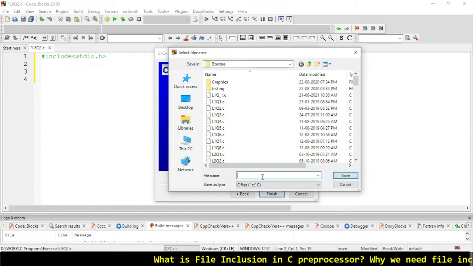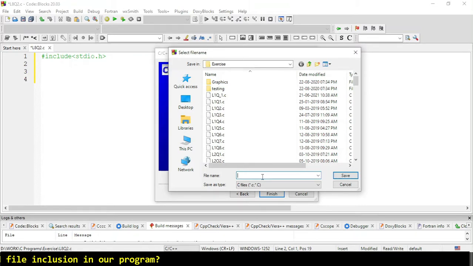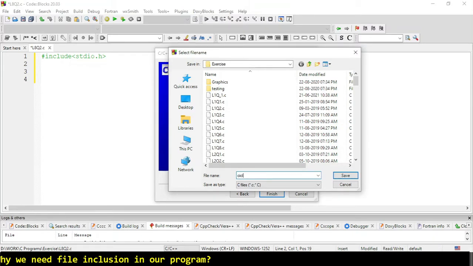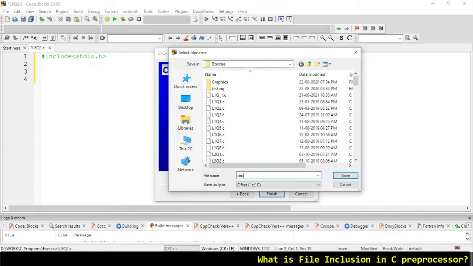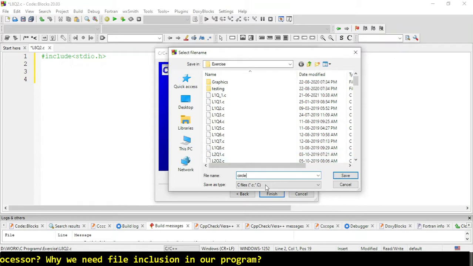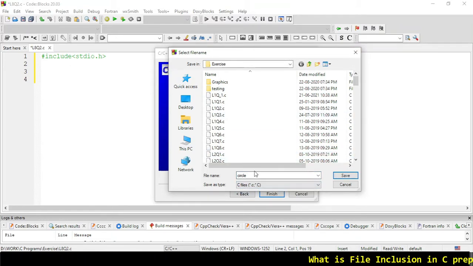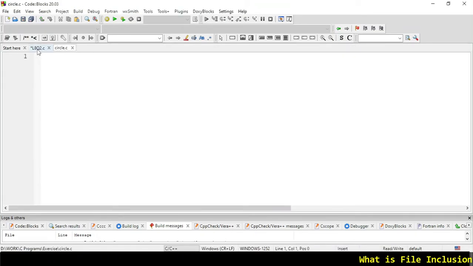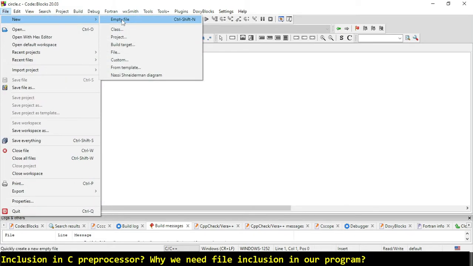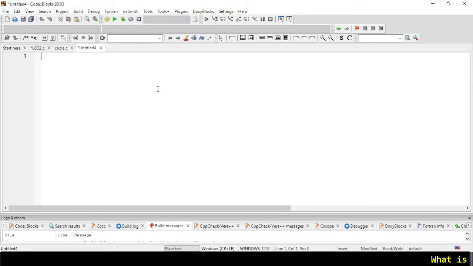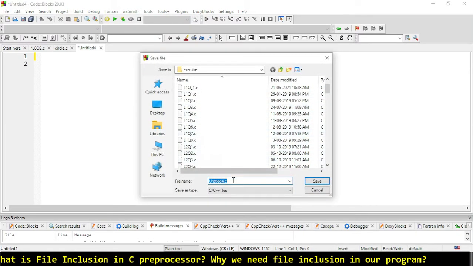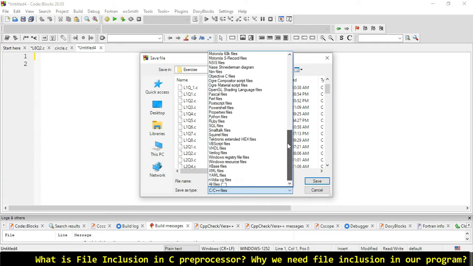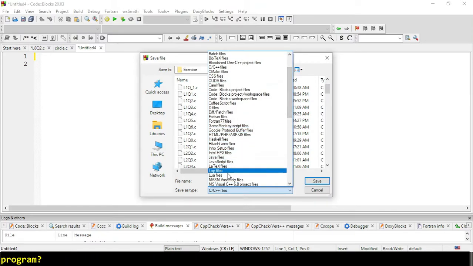Okay, .c will be fine here, because we have to create an empty file for the header file. So we should write circle.c. Okay, fine. Nice. So we have circle, and for the header we have to create an empty file, and then we will save it as circle.h, sorry. So let's search for header file if it exists or not. Otherwise we have to select all files.